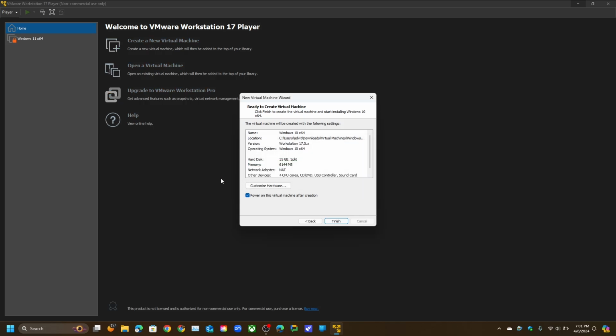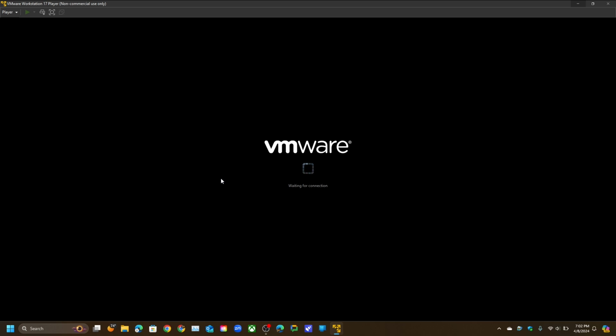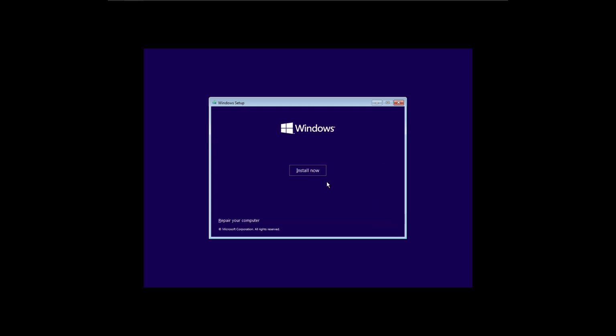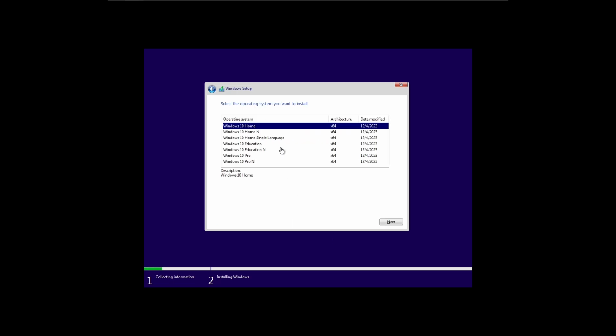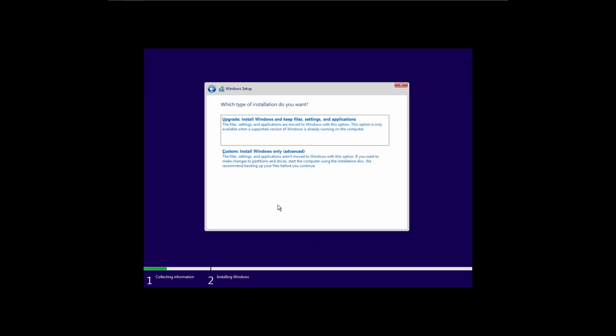Then once your virtual machine is done, it's gonna connect, it's gonna load into it, and from here on, if you're installing it on a blank PC or you're installing it on a VM, it's gonna be the same. So it's gonna take a few minutes to load up, and you're gonna get into the Windows splash screen. You're gonna select your language, then press next, then install now. Then it's gonna take some time for setup to start. Then if you have a product key, enter it now, or press I don't have a product key. Then select your Windows edition, press next. Then agree to the terms of service and